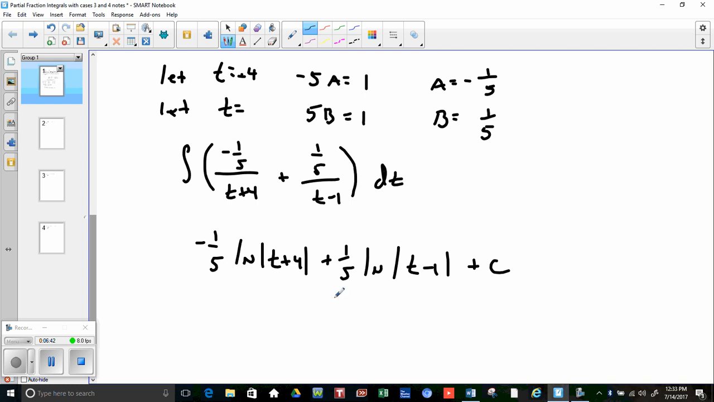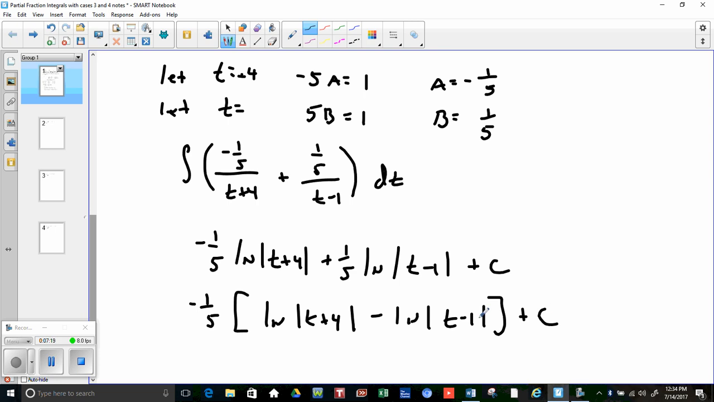And there is absolutely nothing wrong with this answer. This is the correct answer. As you know, these natural logs can often be condensed, combined in several different ways. So what we can do is factor out the negative 1/5, just to show you that there are different ways this could be written. And then this would be the natural log absolute value of t plus 4 minus the natural log absolute value of t minus 1